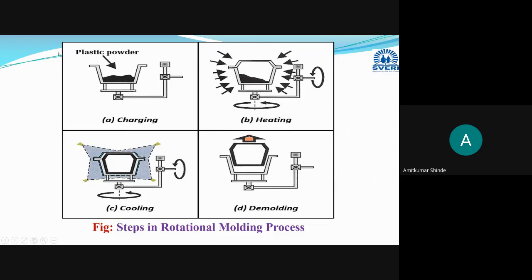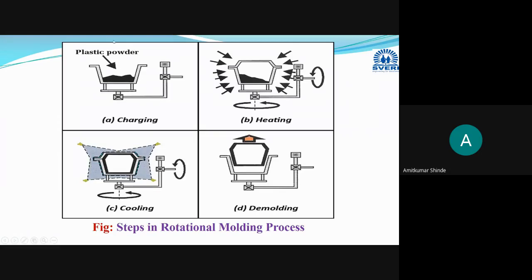Okay, in the first stage, generally we are using thermosetting material. Sometimes you can go for thermoplastic material also. Generally we are using thermosetting material. This thermosetting material is taken in the powdered form. Okay, this is your mold cavity. Here we are taking that raw material or our charge or that thermosetting preform in the form of a powder, and then this mold. This is the first charging stage.